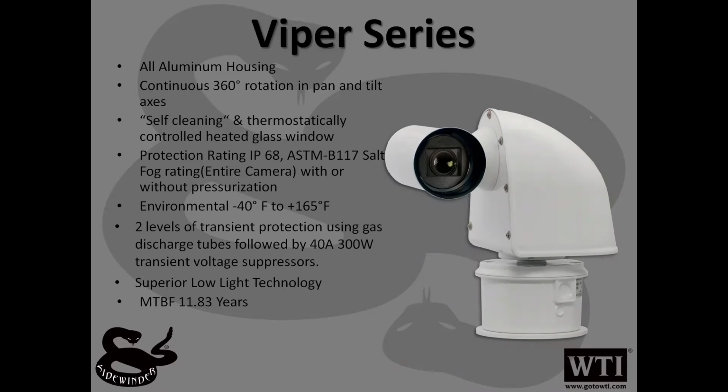A new feature that we've just done some testing on is the mean time before failure. The very last bullet point there: 11.83 years. This is something we're really proud of, because when we look in the marketplace, one of the things we notice is that with domes and some different style cameras, if they get 3 to 5 years of use out of that camera, they're tickled pink, and it's become a disposable marketplace. As pricing has come down, the quality of the cameras has gone down as well. Whereas our camera, in real-life situations, is going to last almost 12 years out in the marketplace,